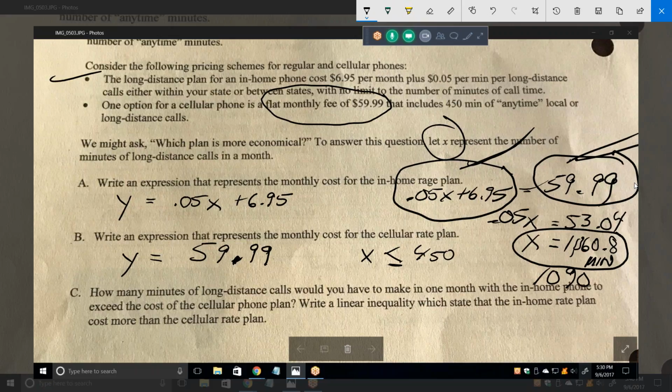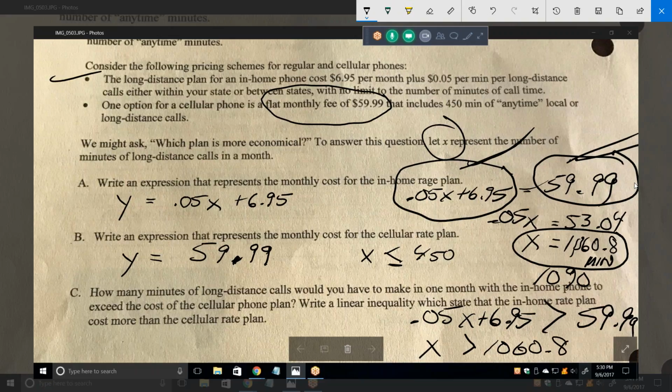Now, write a linear inequality which states that the in-home rate plan costs more than the cellular rate plan. Well, I would just write the same thing. There's the rate for the in-home. And they said write an inequality where that costs more than that. So greater than 59.99. There's my inequality. And when we solve that, it's the same thing as the equation and that other inequality. We're going to get x needs to be greater than